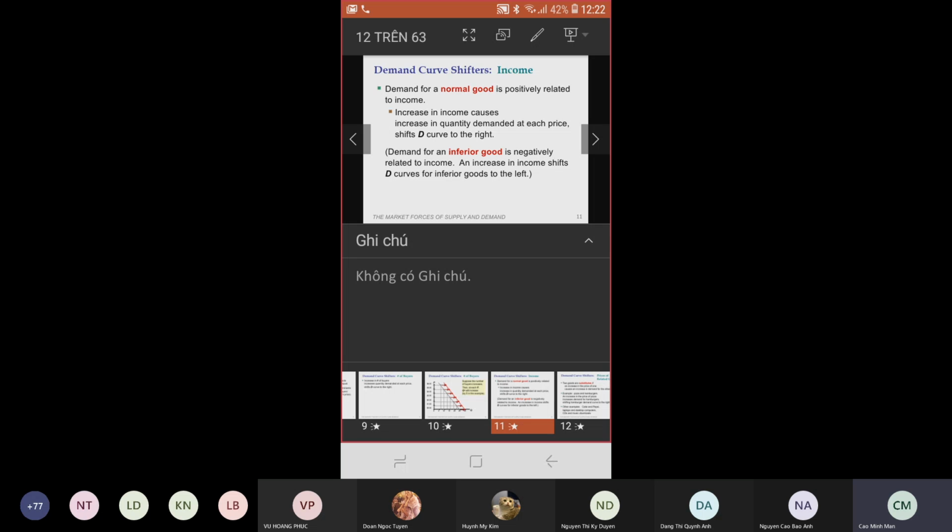Low quality goods. This means low quality products. We have the opposite conclusion. You agree with me? For the inferior goods, for the inferior products,